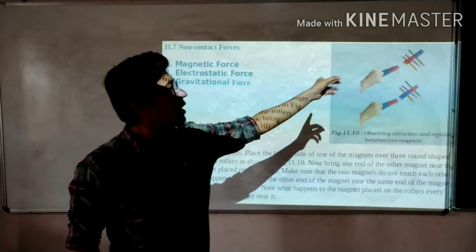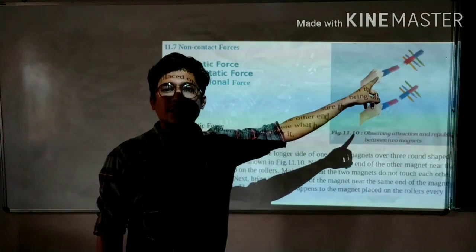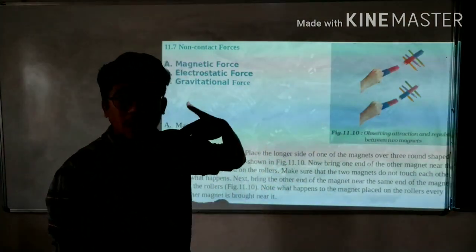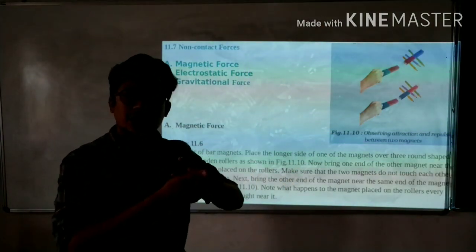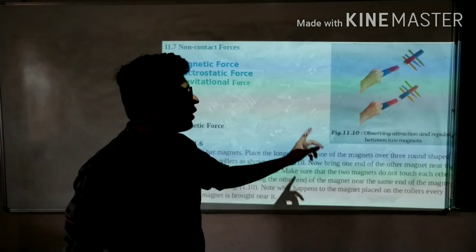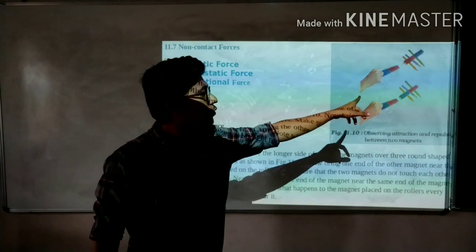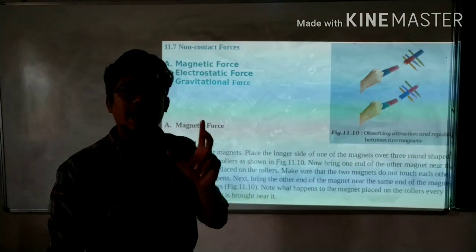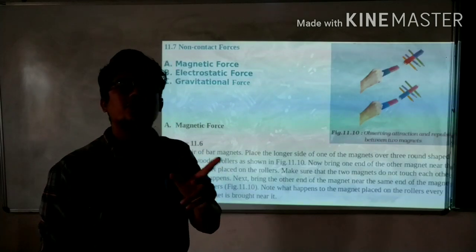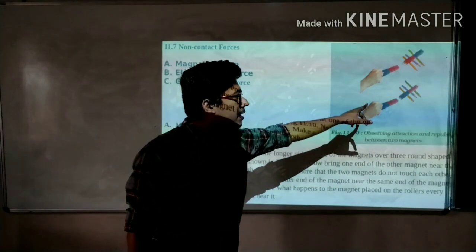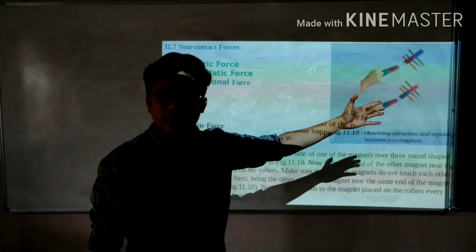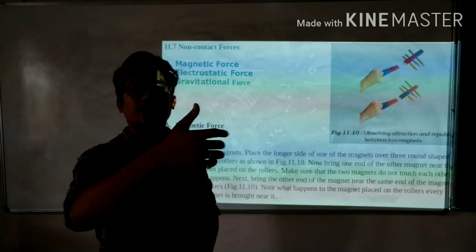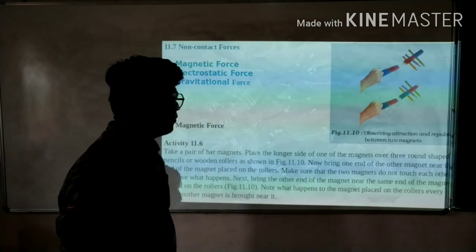So the magnet on the pencils will roll away from the magnet. In the same way, if you bring north pole to south pole, both magnets will feel attraction toward each other, and the bar magnet on the pencils will come closer to the magnet in your hand. Very good.